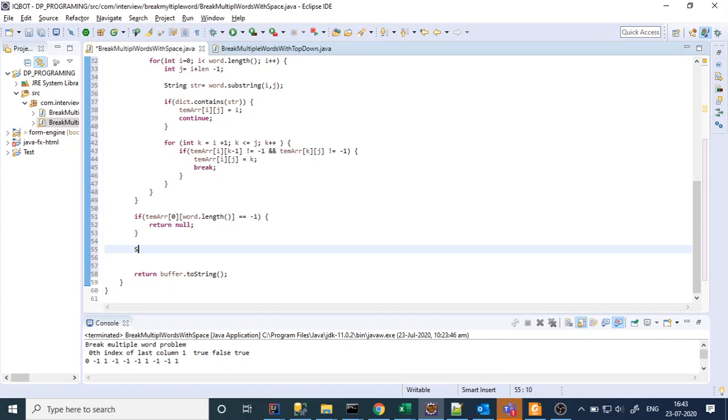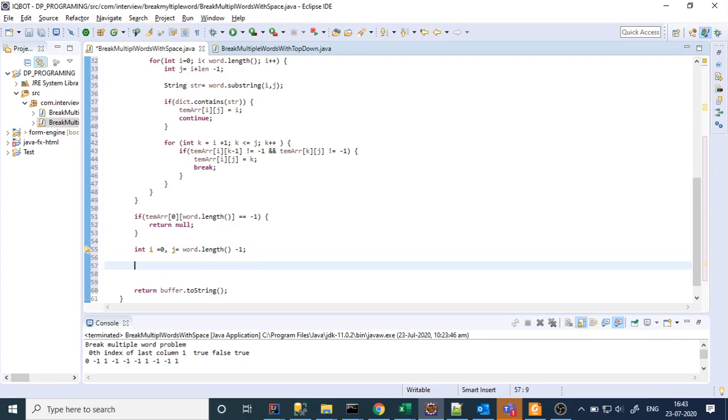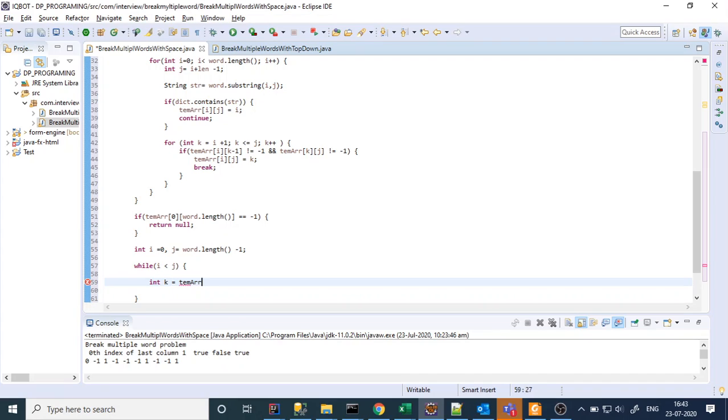So in this buffer, what I will do basically is int i equal to 0 and j initialized with word.length minus 1, and then while i is less than j, I will do it like this and set k equal to temp array of i and j.